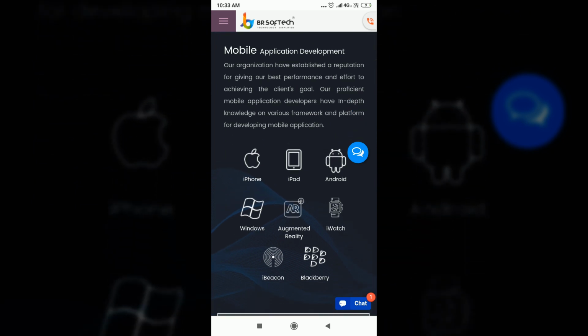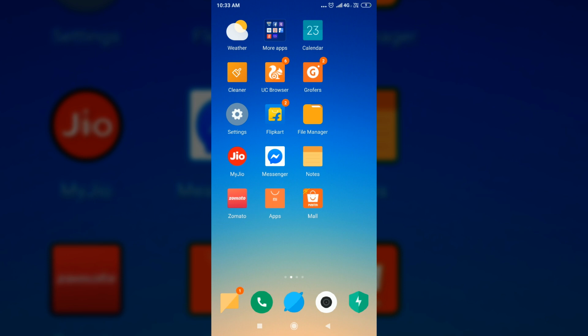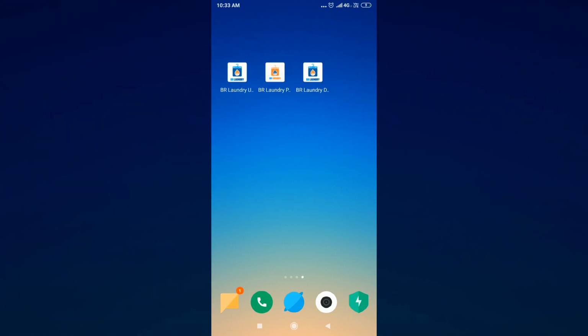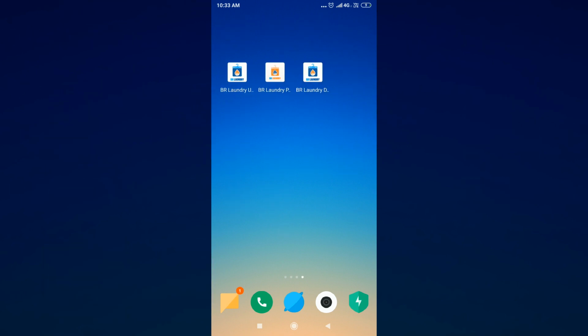Now let me introduce the BR laundry solution. This solution is based on a multi-vendor model, which means multiple vendors can list their services on one platform. We developed this solution on four tiers: first, the admin panel; second, the user; third, the service provider; and fourth, the driver. So let's start the demonstration of